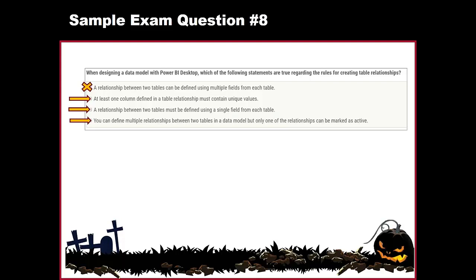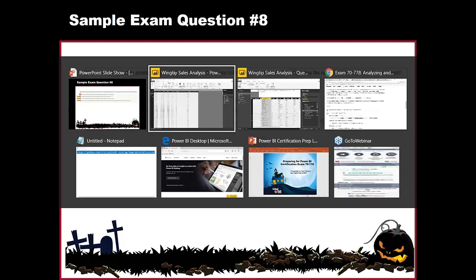The idea is that you can't create a relationship between the order date and the date table, and also the ship date and the date table, and have them both be active. But the idea is that you can create two relationships. One is going to be marked inactive, and when you look at it in Power BI Desktop, for instance,